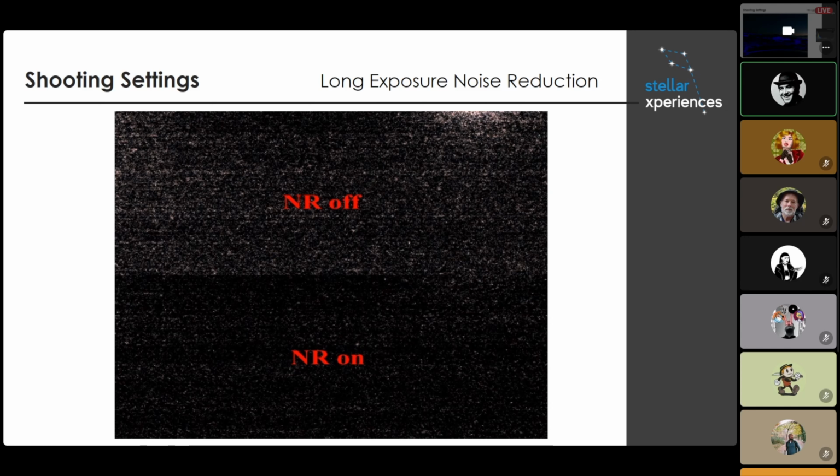You can do this manually also, especially if you are stacking Milky Way shots. I always advise to shoot dark frames and use them while you're stacking. But it is not a subject of this class for the moment. I can only recommend not to use long exposure noise reduction if you are shooting in sequence. For instance, if you are shooting a sequence for a time lapse, it's better not to have noise reduction on,